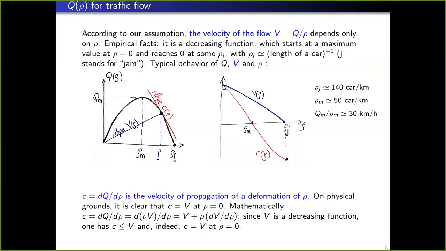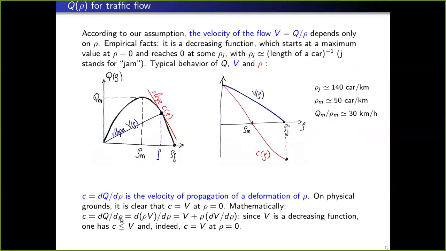I just want to mention that it's clear that here rho, V and C coincide, because here one has only one car. Remember, V is the velocity of the flow, whereas C is the velocity of propagation of a deformation of a flow, like the deformation of the slope of the string, remember? Here it's the same: C is the velocity of propagation of a deformation of the density. But if I have only one car, both are the same quantity. The velocity of the flow, of my car, is also the velocity of deformation of the density of cars. So of course they coincide initially.